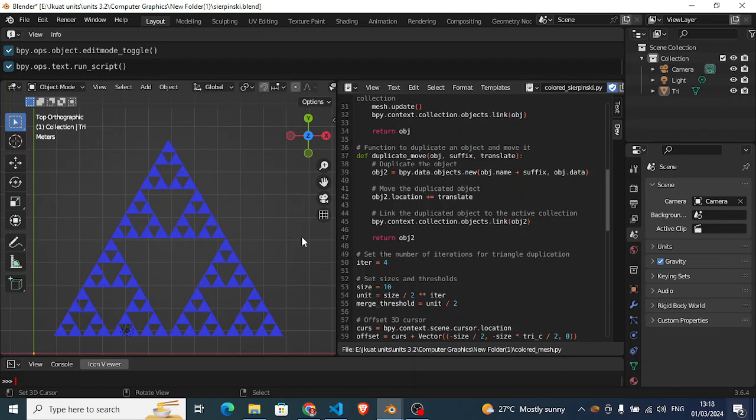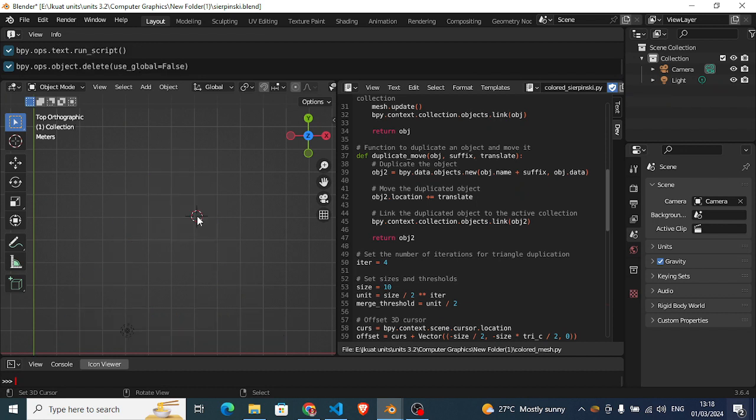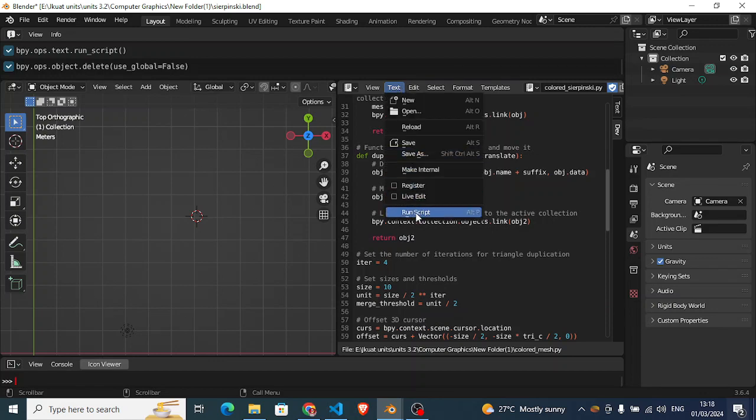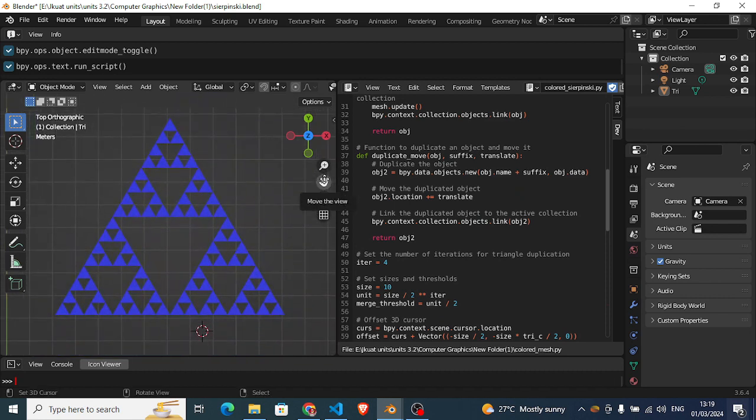So as you can see, I have already run the code previously, but we are going to rerun it again and see the result, and then I will take you through the code and explain every part. So at first, let's select this and delete it, and then we can go over here and then rerun the script. So as you can see, it has already drawn the triangle, and the script really does a lot of things that we normally use